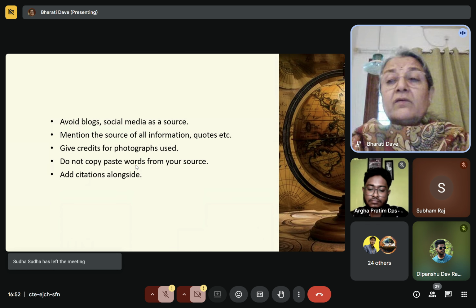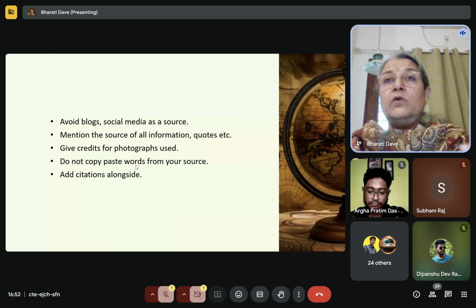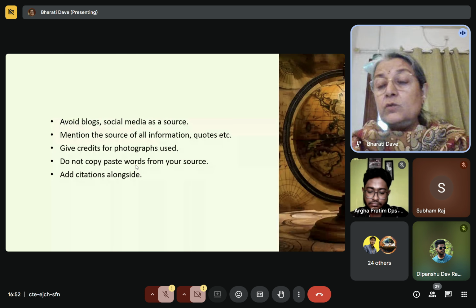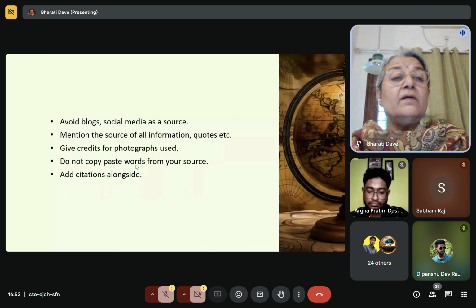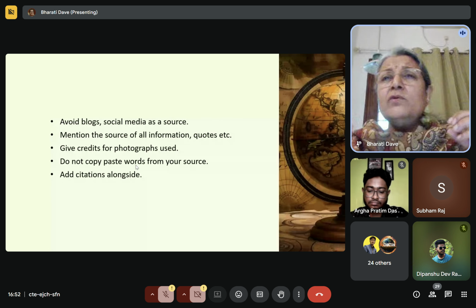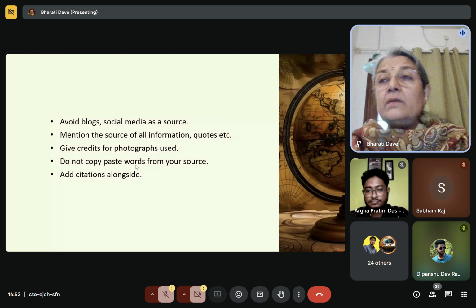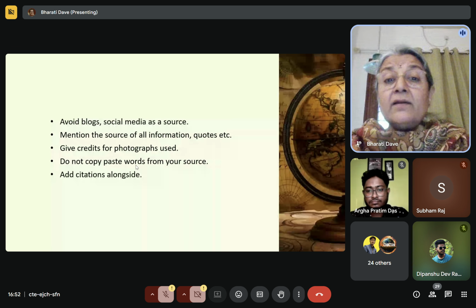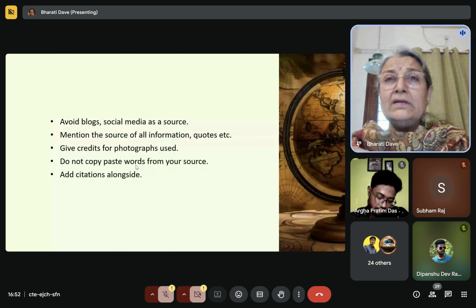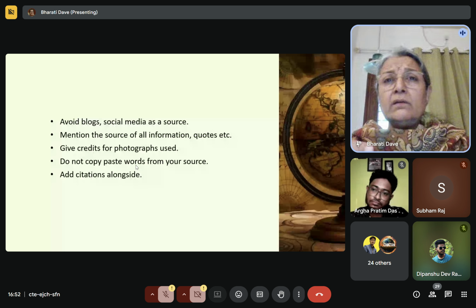Then very important, we are still doing, what are we doing, sources of your information जो आप अपने आर्टिकल के लिए लोगे. सबसे ज्यादा प्लीज अवॉइड ब्लॉग्स, सोशल मीडिया. व्हाट्सएप यूनिवर्सिटी है ना जौन सी, इतनी हमारे को एजुकेट करती है, ये हो गया, वो हो गया, ये सब बेकार है. इनको अपने आर्टिकल में कभी भी कोट नहीं करना. You can take it as a lead and go back to that website from where it is taken, or journal, or statistical handbook. बट उसको मत कोट करना, मतलब उसको मत बेसिस बनाना.